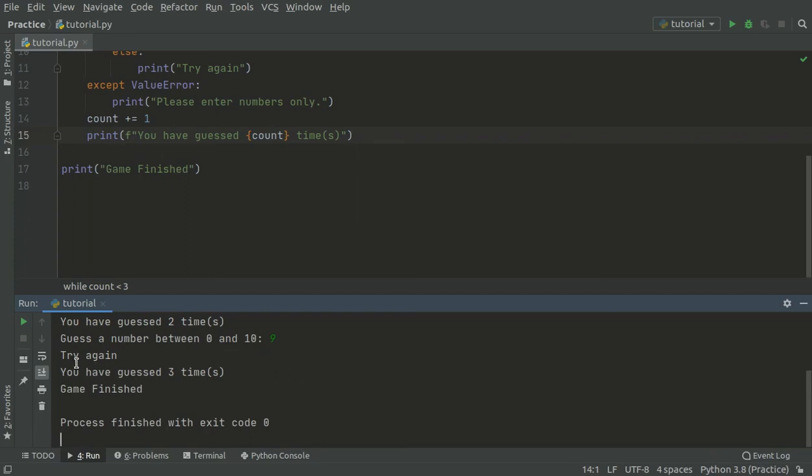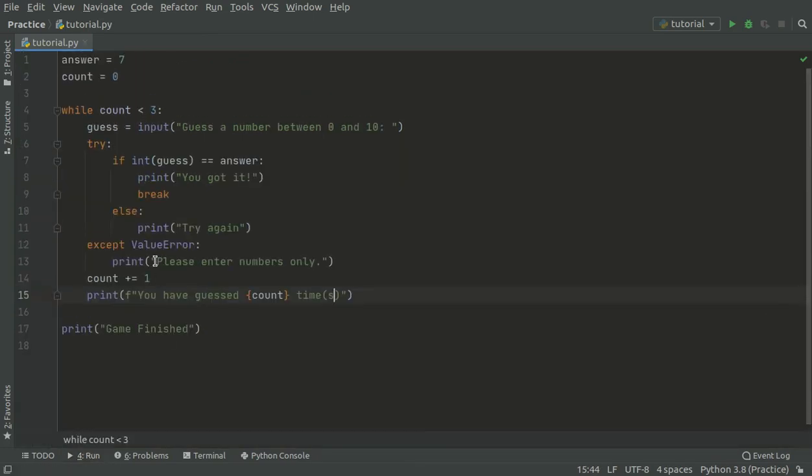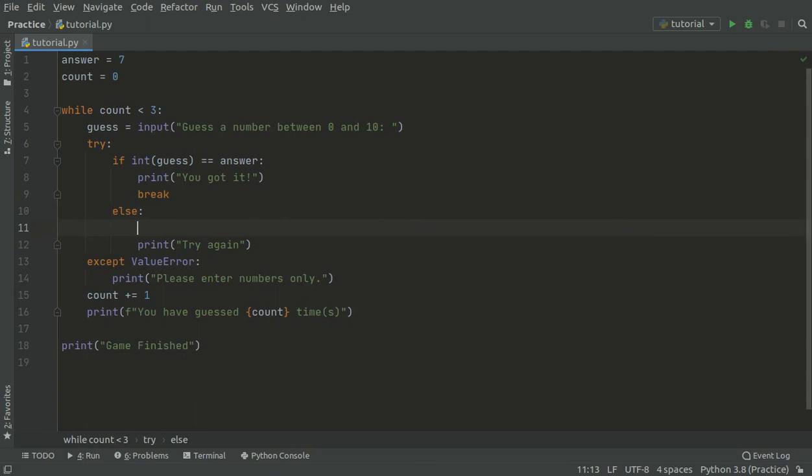So this is not great, right? Because we now have guessed 3 times, and instead of saying try again, this should say game over. We should say you have guessed too many times, something like that. So let's go into this else statement here, and we are going to check the value of count. So we will say if count equals 3,